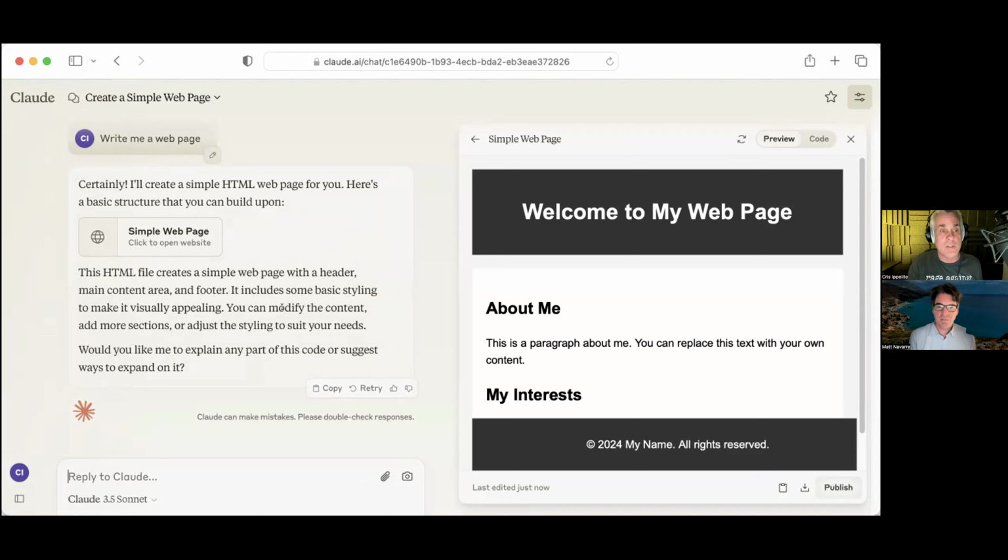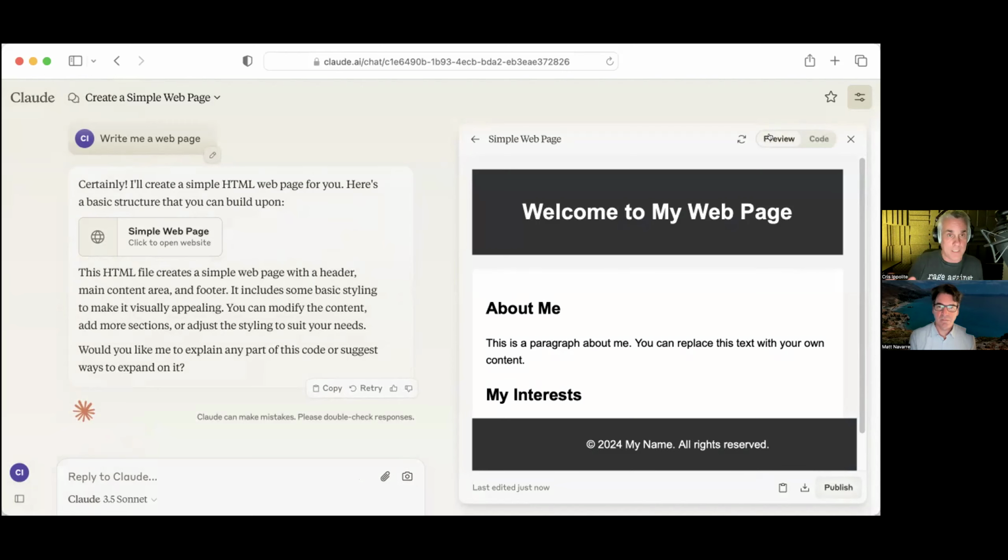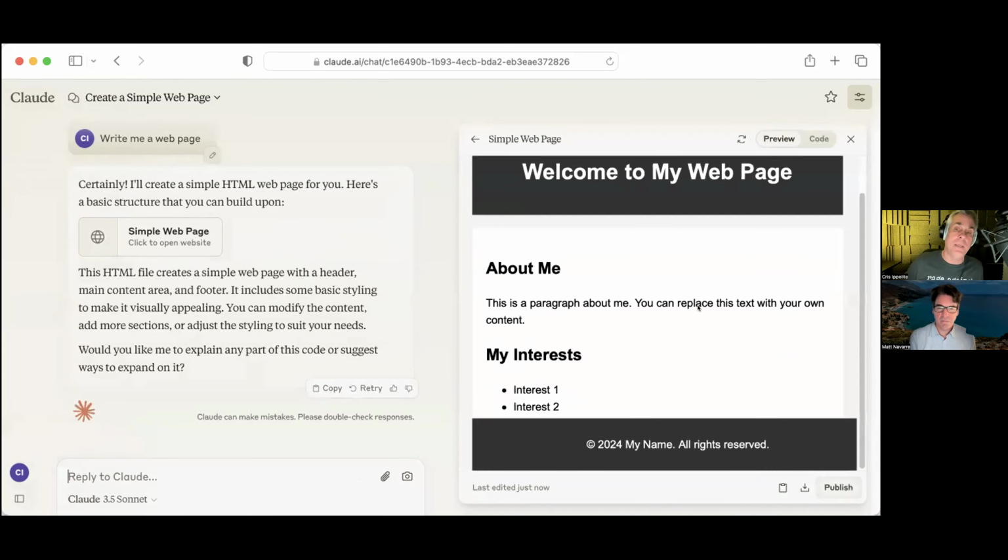Yeah. What we're actually doing is saying, write me a web page. And then on the left-hand side, it's actually writing code, but it's got this preview page. And so this is actually the page that it's writing. And we went into some discussion in our last episode about whether this is production ready or if it even needs to be, and all that kind of stuff.